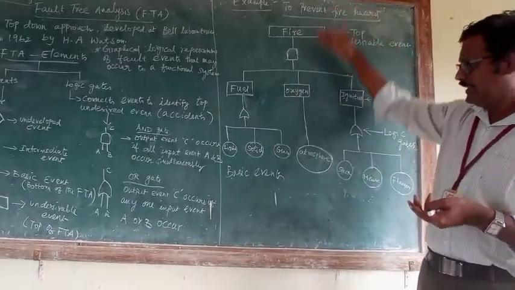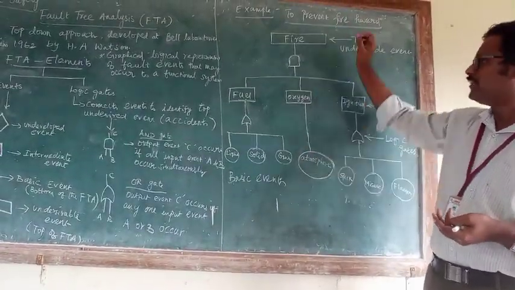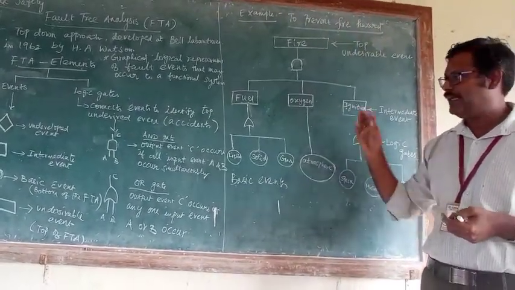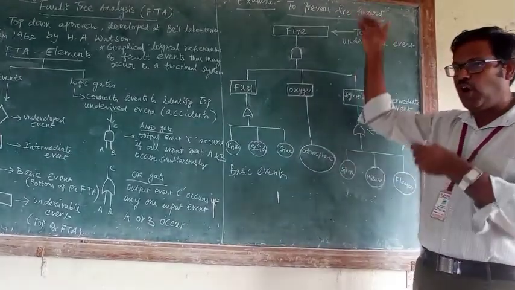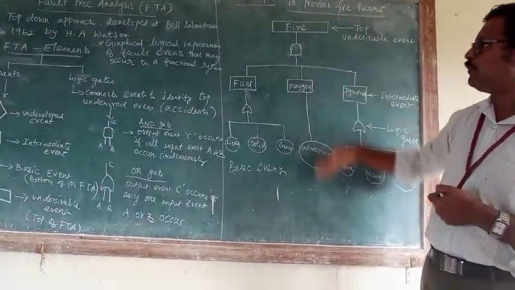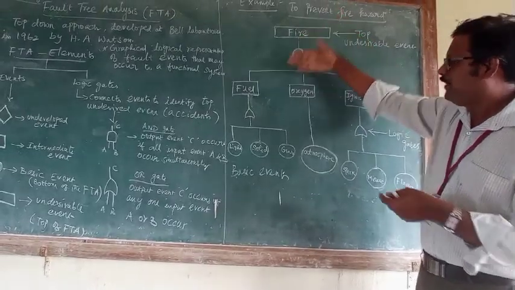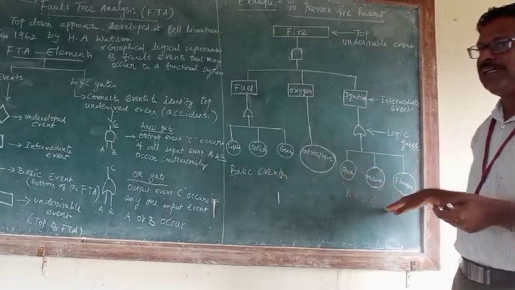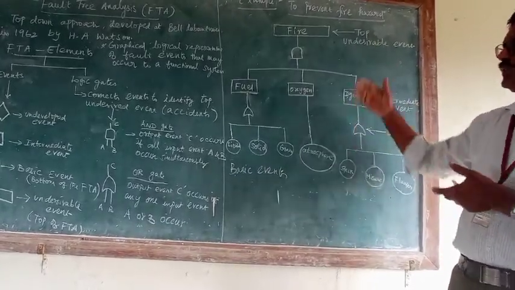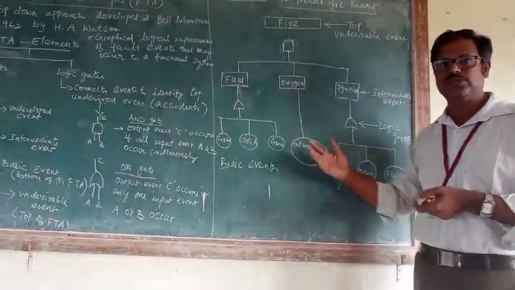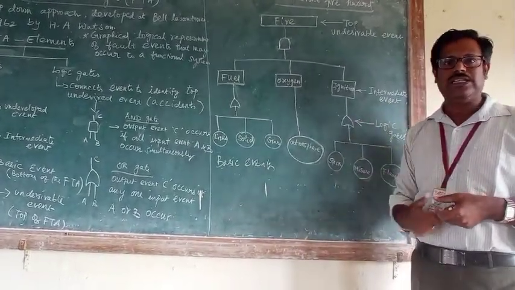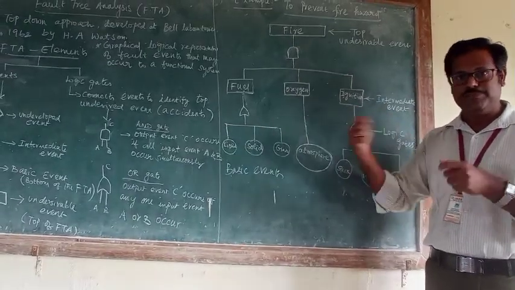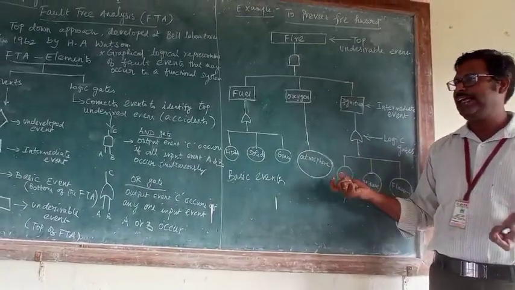By this we have an example of how to prevent fire by using fault tree analysis. It is very clear that it is a top-down approach, meaning from the top. This fire we segregate into intermediate events and basic events. This type of analysis is mainly used in aerospace, electronics and mobile services, by which we can eradicate the hazards.